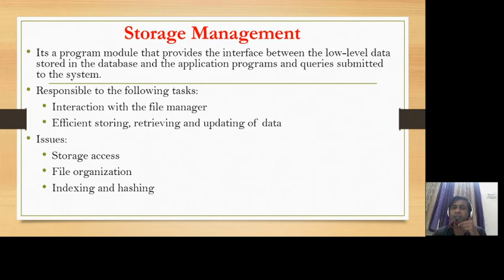The storage manager is responsible for interaction with the file manager and for efficient storing, retrieving and updating of the data. Three major issues generally appear while working with the storage manager: storage access, file organization, and indexing and hashing.